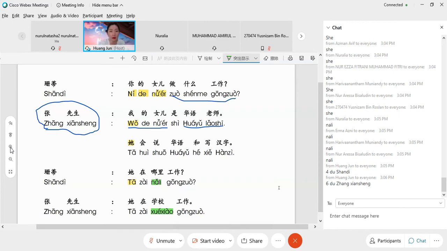Both are ready. Then Shandy starts first. 你的女儿做什么工作? 我的女儿是华语老师，她会说华语和写汉字。她在哪里工作？她在学校工作。